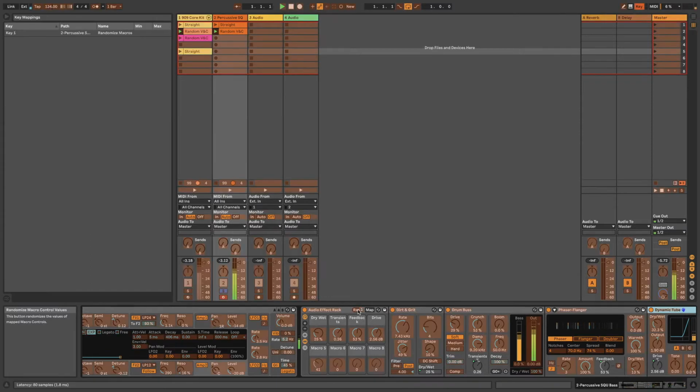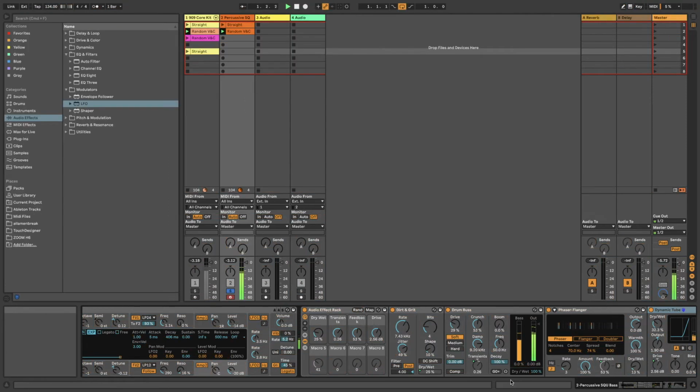So if I press Command and K or Control and K and then press number 1, you now see that, well, I already did that, I'll just delete it so you can see it. So if I press 1, that shows up under random. Now if I press 1 on my keyboard,